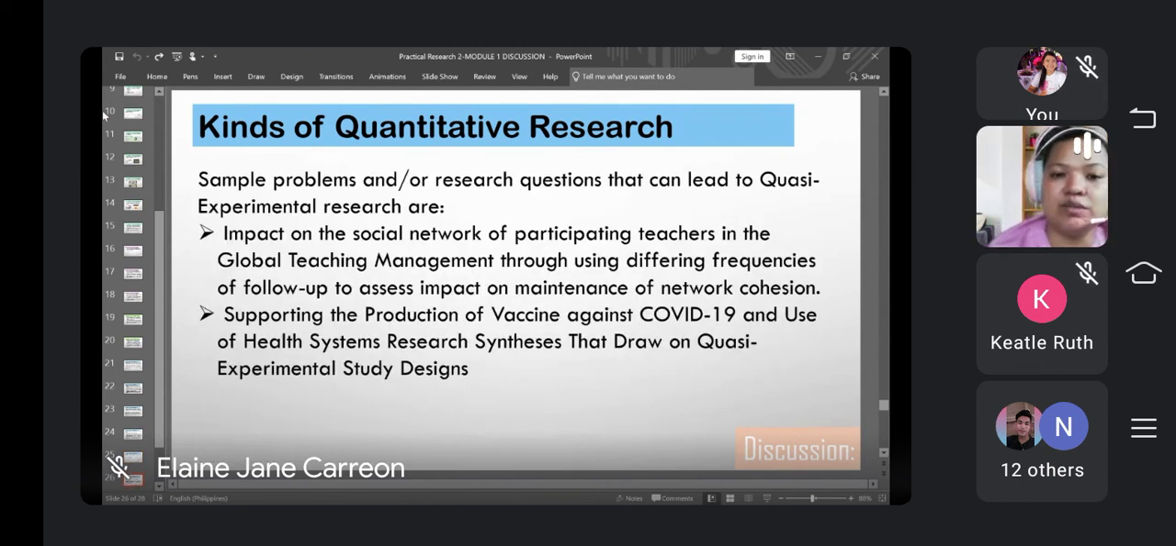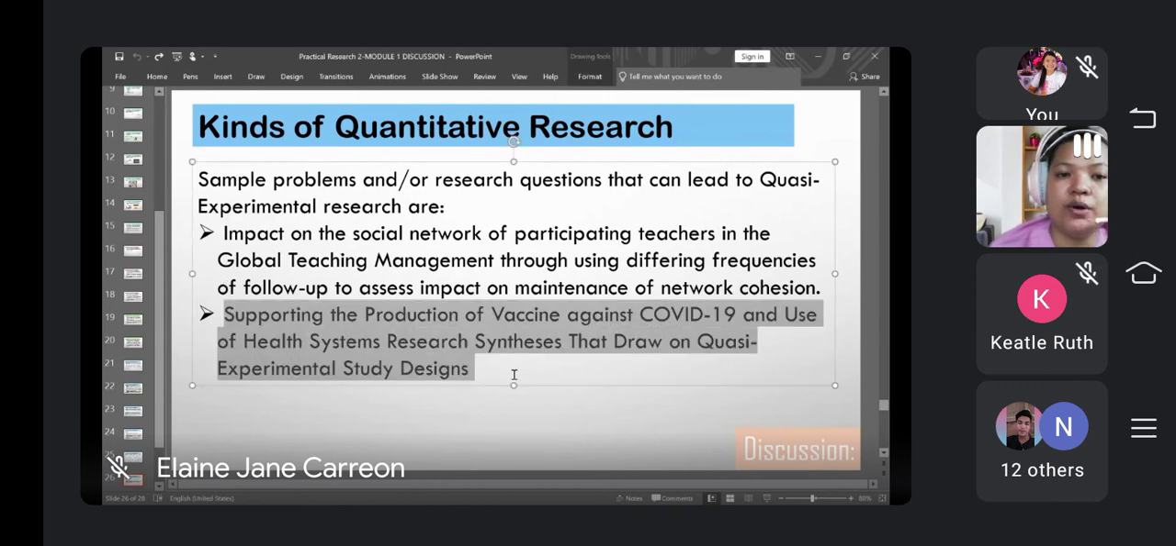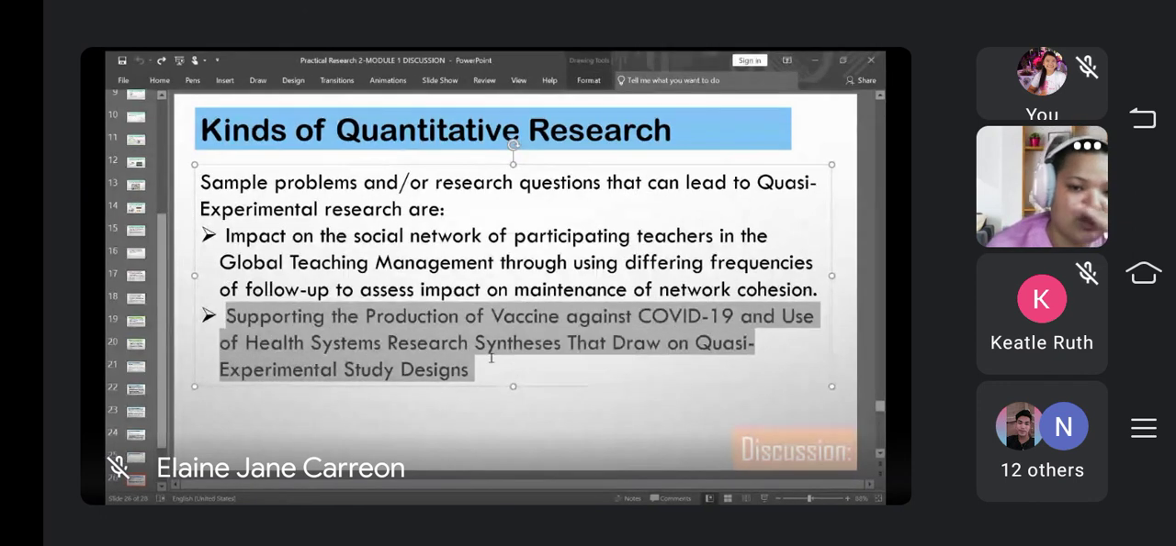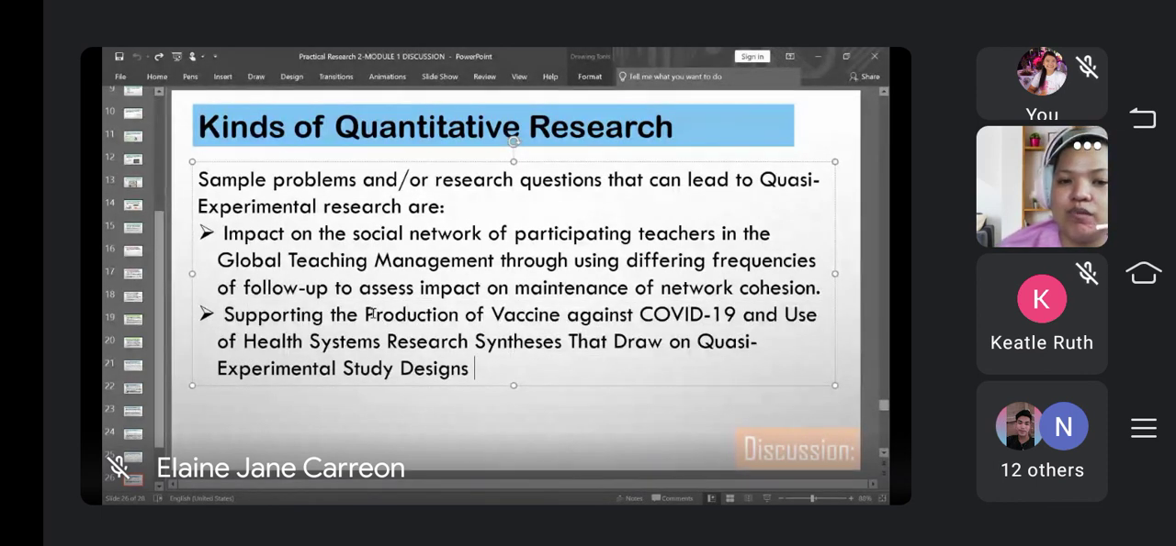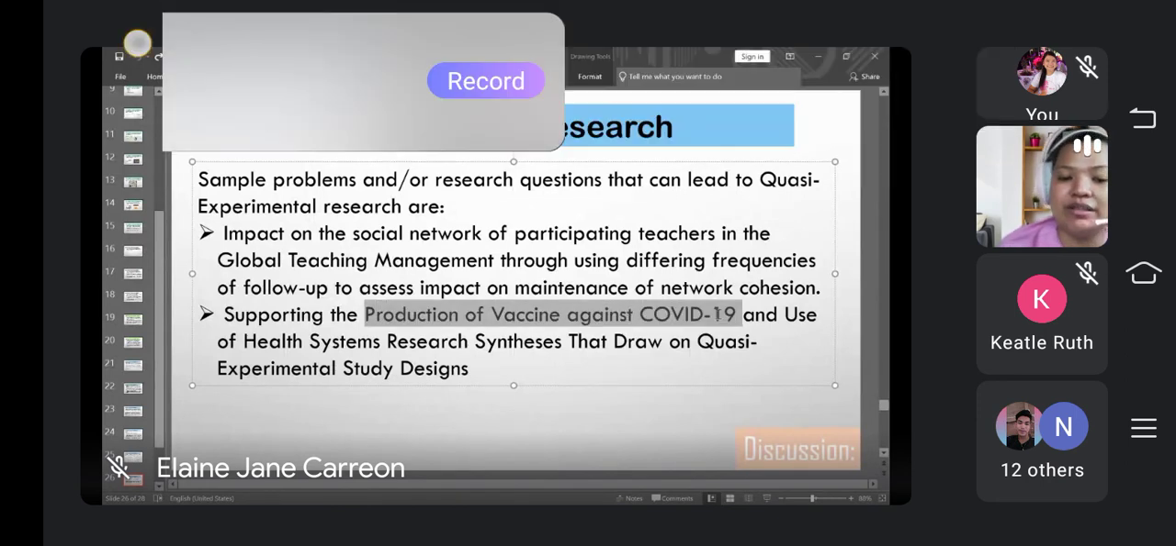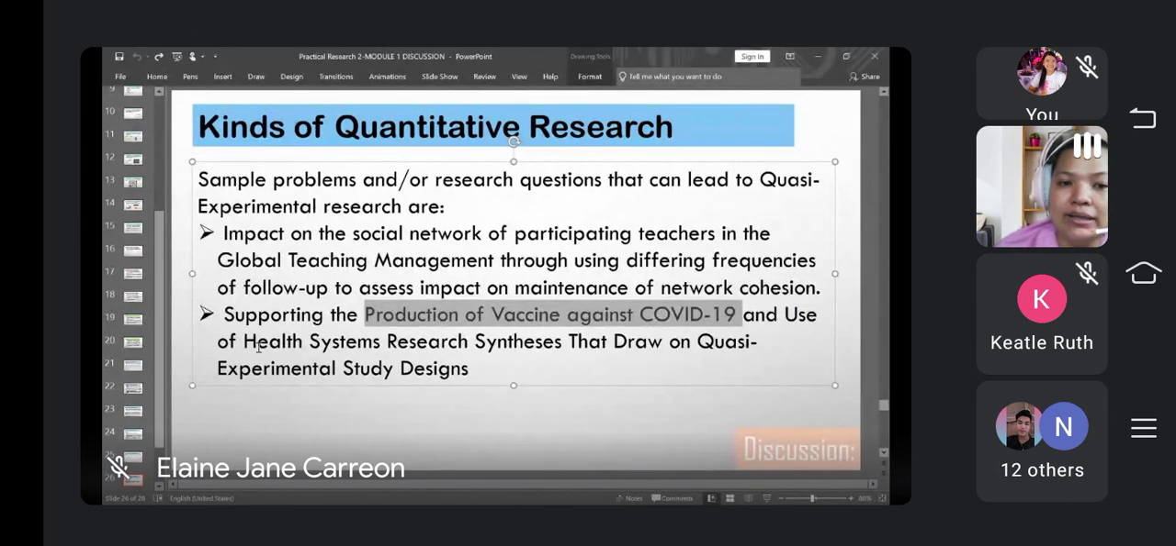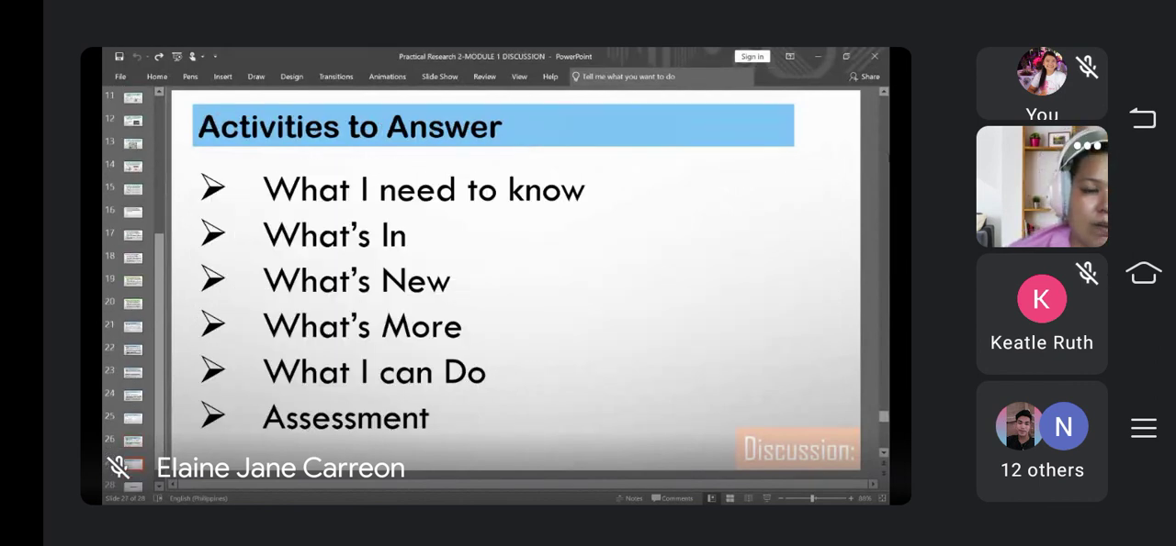Example, yung sa baba na lang tayo. Supporting production of vaccine. Kasi ito yung napapanahon. Supporting the production of vaccine against COVID-19 and use of health system research disease. Ano yung variable dito? Production of vaccines against COVID-19 and use of health system research disease. Yan yung mga variable nyo dyan. Okay? So, para sa inyong mga activities, you're going to answer what I